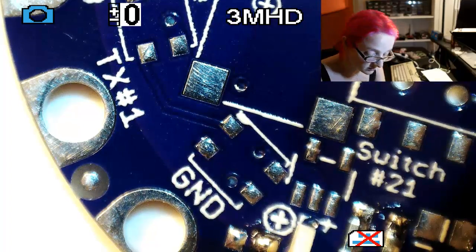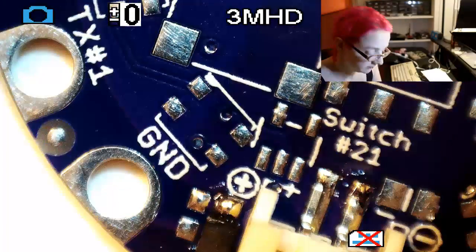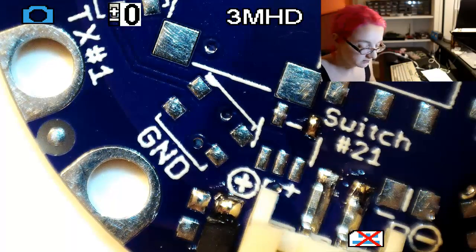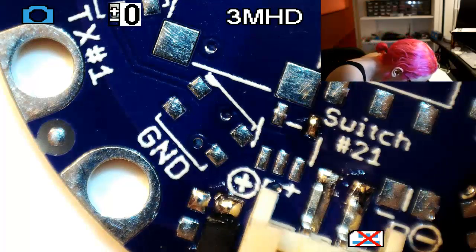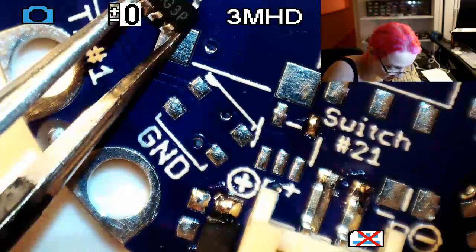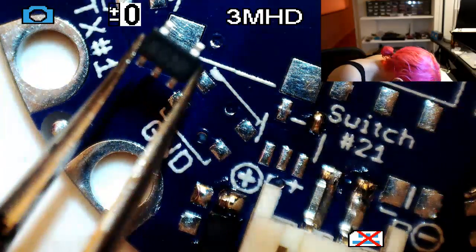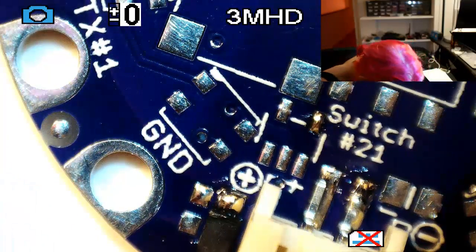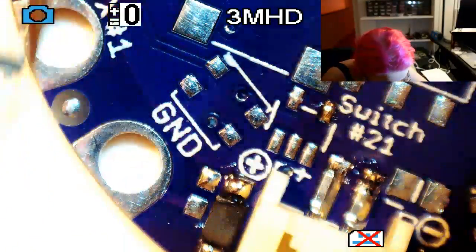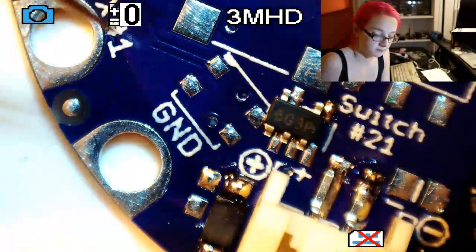All right, so this is the SOT-23-5. Not too bad with a fine tip. Just dot one of those pads. This is the chip. It's upside down. This is a 3.3 volt regulator. I don't remember exactly the part number. Could be an AP2112 or LP2985. I don't remember exactly. Okay, so it goes over there. I'm going to rearrange my